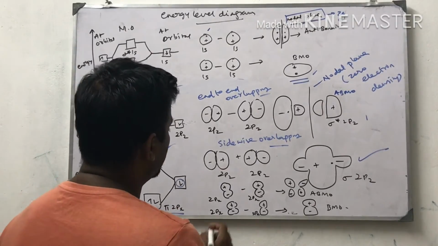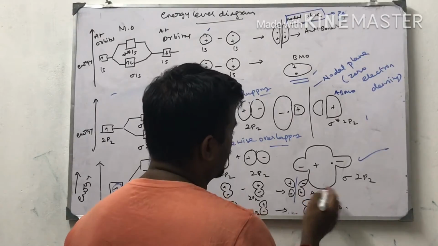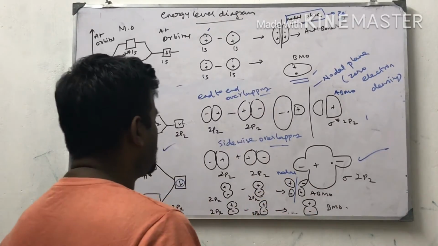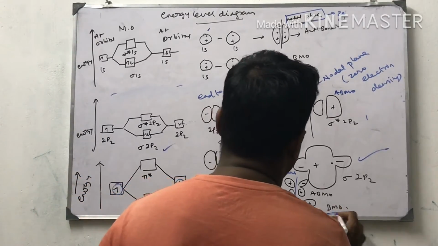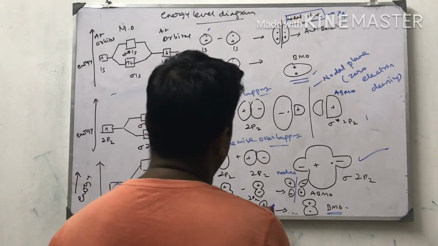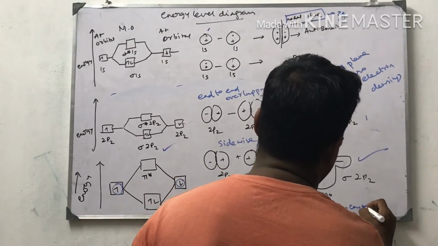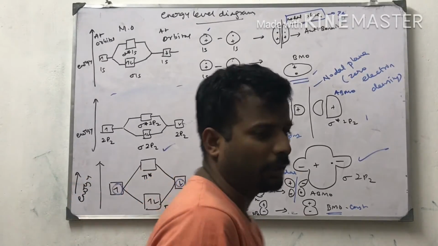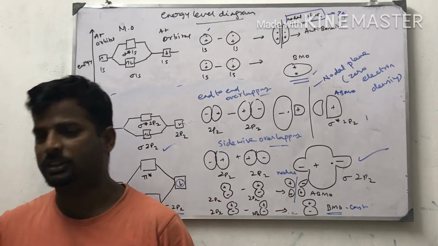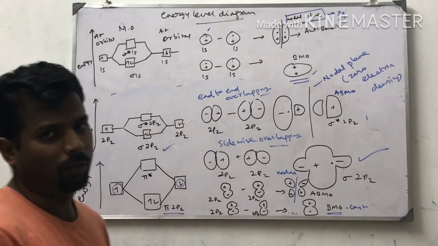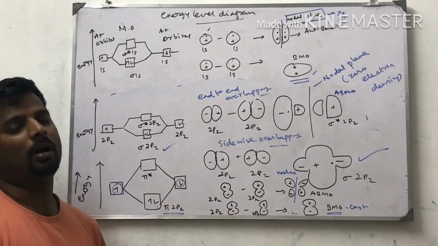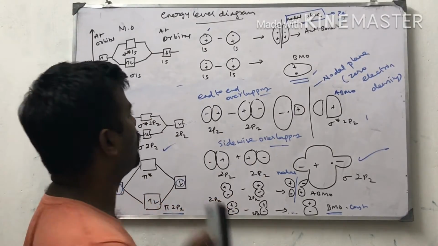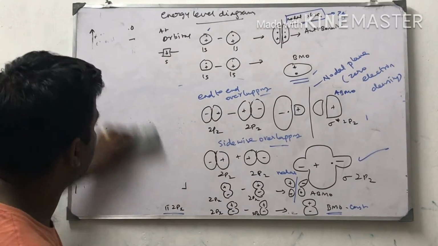Energy is increased. So in the anti-bonding molecular orbital, they repel each other. It is called the nodal plane. Nodal plane is zero electron density, and the remaining is a bonding molecular orbital, plus combining with each other. So this is constructive type and this one is destructive type. These are the energy level diagrams to explain the behavior of constructive and destructive interference. What is anti-bonding molecular orbital? Anti-bonding molecular orbital has higher energy, and bonding molecular orbital has lower energy.